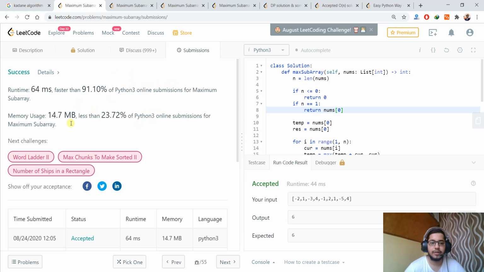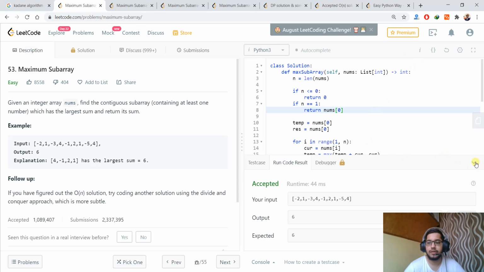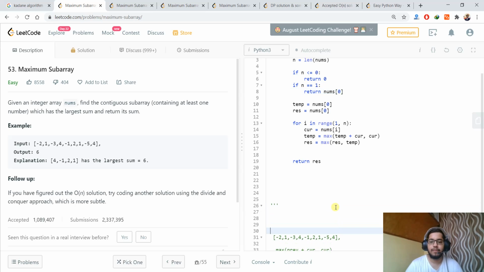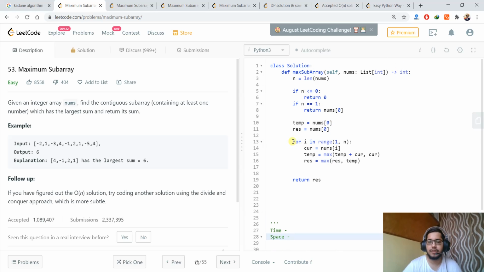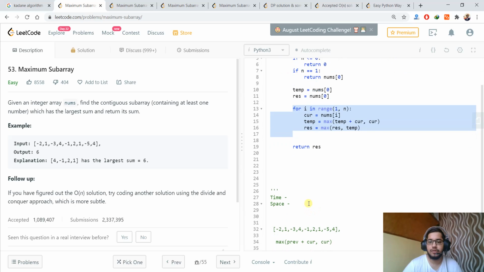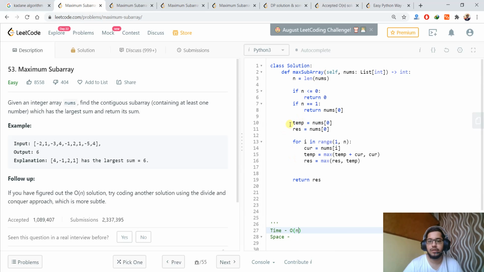Okay, so now it is submitted. If we see the time and space complexity for this question, here we are iterating from i equal to 1 to n. So this is a for loop of order n, and other than this we don't have any loops, so all are constant time. So the overall will be O(n), that is linear time. For the space, we have only two variables, which is constant, and here also we have one variable that is constant. So space will be constant overall.